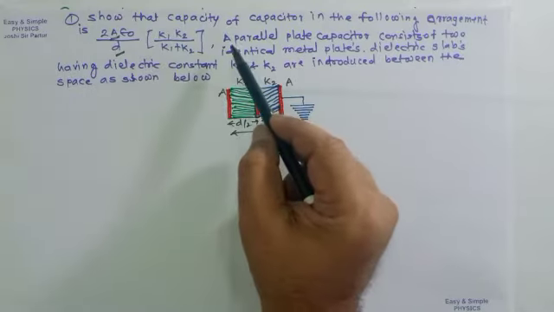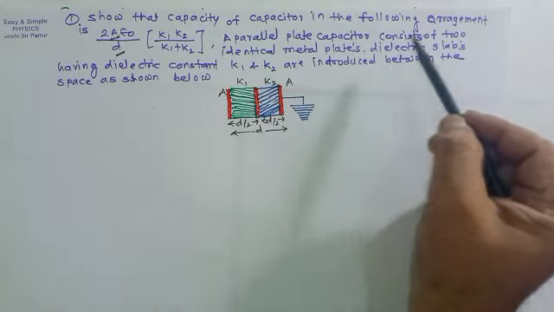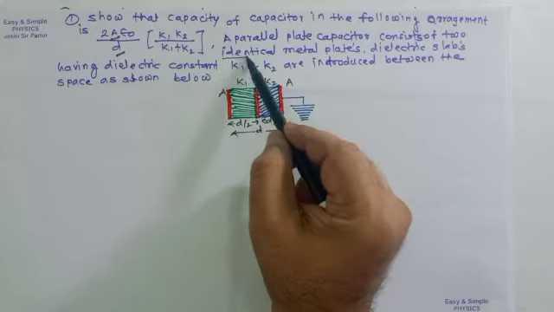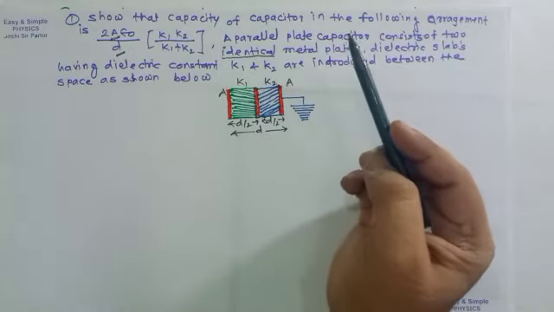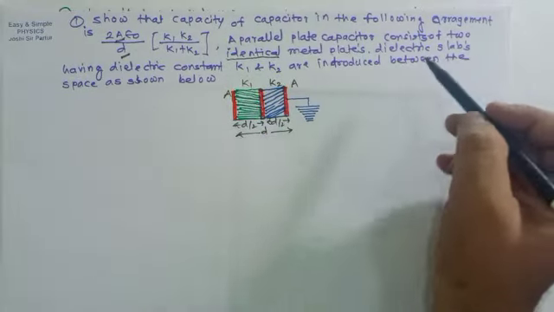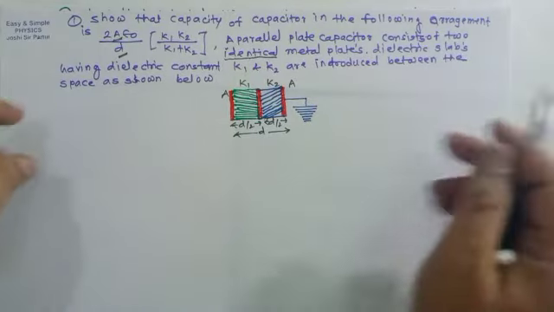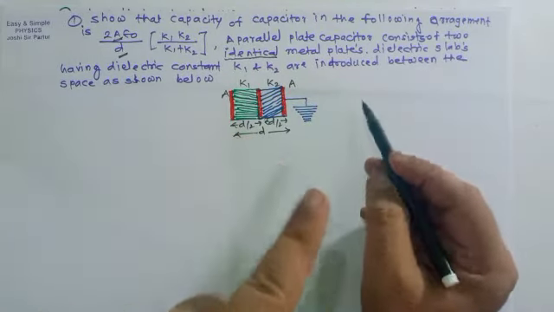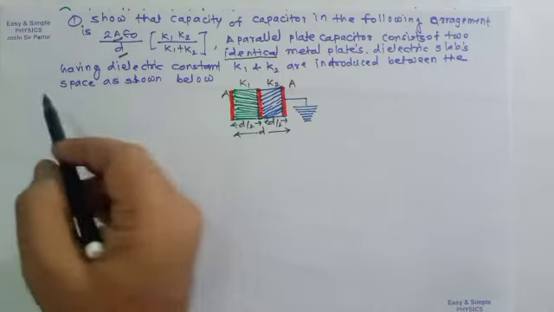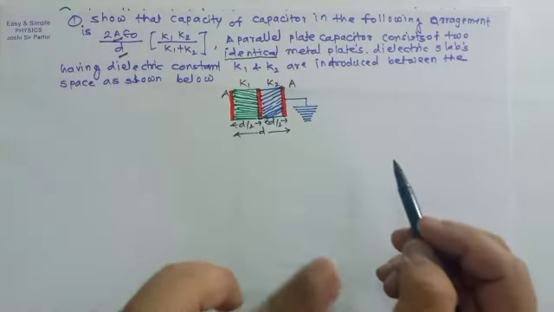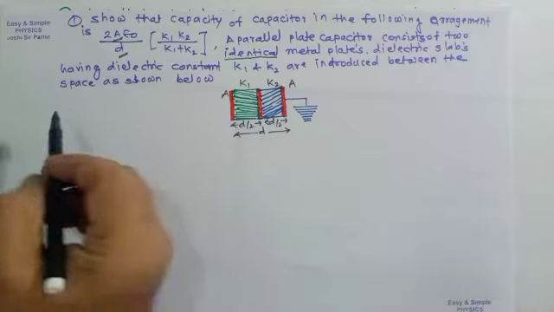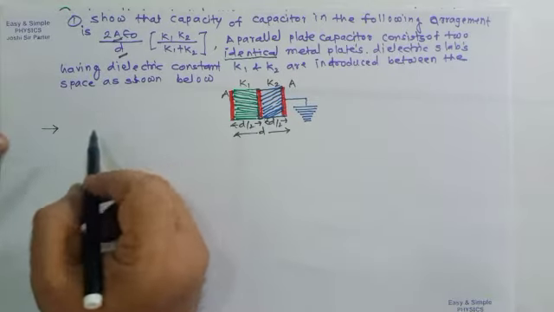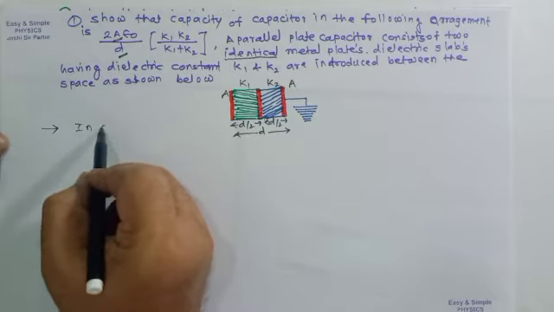So a parallel plate capacitor consists of two identical plates. Two identical plates means having the same area. Dielectric slabs having dielectric constants K1 and K2 are introduced between the space as shown below. See here, in such an example we have seen in the above arrangement